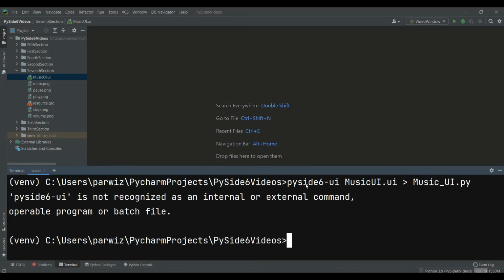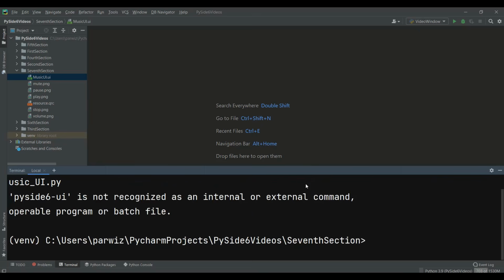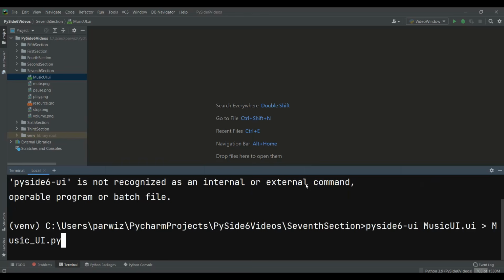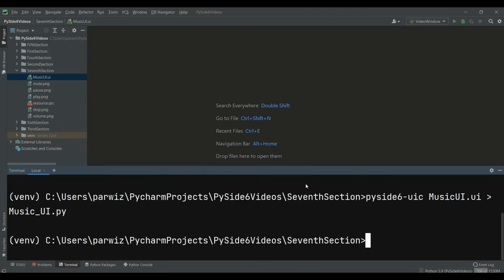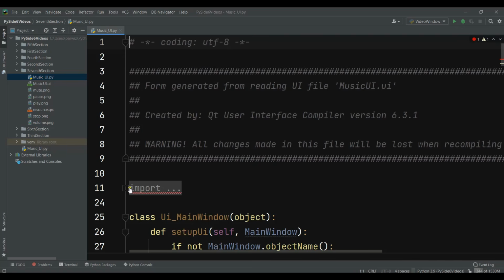Okay, we need to change directory to the 7th section, and now we can just do it. This should be UIC. Okay, so now if I see that's converted and we have our music UI, and you will see that in here we have an error. We will talk about this,